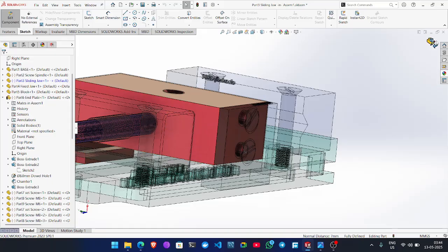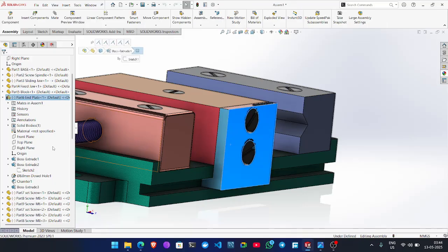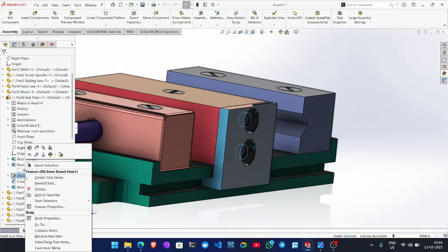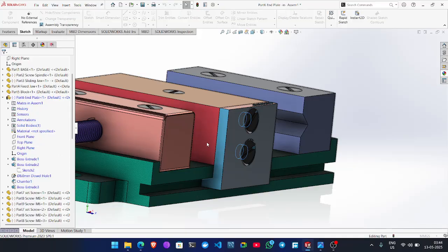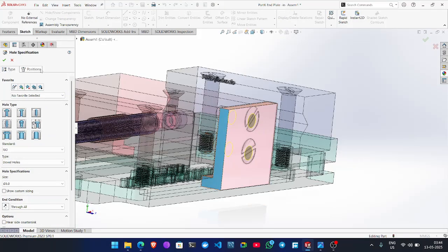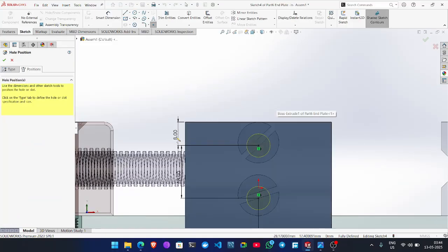Okay, so I just get out of the editing section and click the hole, right click, edit feature, wait a little bit, and then click the position and just right click, select, double click, and put the 7, enter.